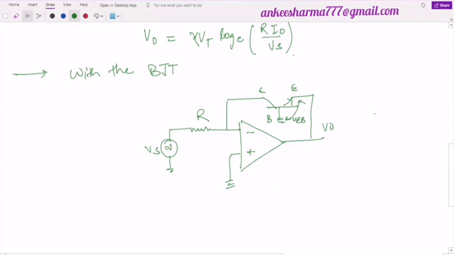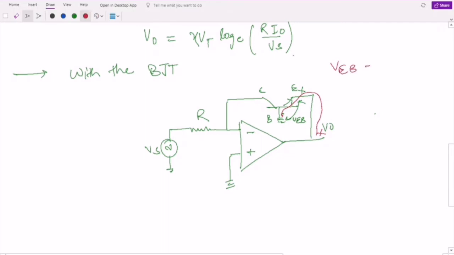Now look here, if I have to find VEB, this terminal is positive and this terminal is negative. If I have to find V0, the path will be this one. I will show it here with the red color. The path for calculating V0 is this one, so it is also reaching ground. It means, can I say in this case, V0 is also going from positive to ground and VEB is also going from positive to ground. So can I say in this case, my VEB is equal to V0.